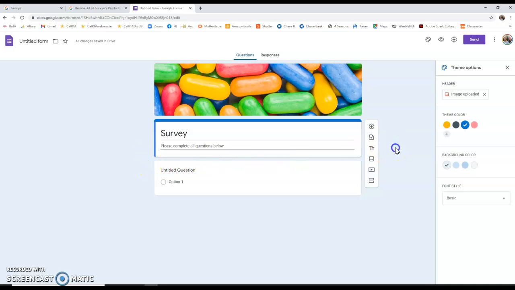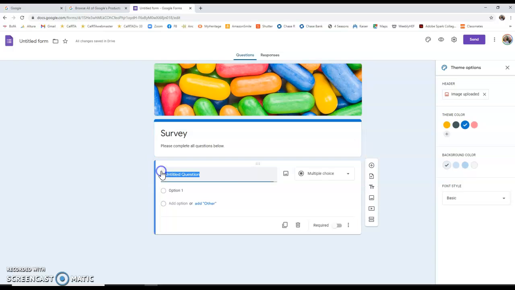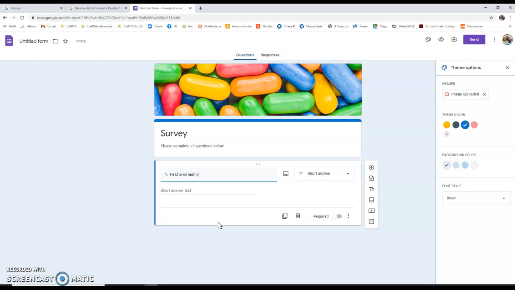Then it's time to add your questions. They already start you off with one here. Now notice this is not numbered. If you would like to number the question, you simply add it in. For this one, I want to collect everybody's first and last name. Once I type this in,